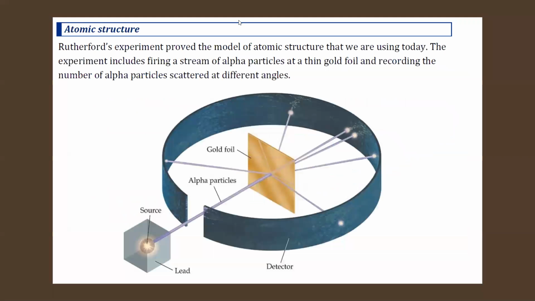So the majority of them being able to pass through shows that the major portion is empty. Few of them deflected, which shows that there is repulsion or attraction, a deviation from the nucleus. There is attraction from the electrons and repulsion from the nucleus, but the repulsion is stronger. That's why they deviate from their path. And a few of them bounce back. Why do they bounce back? It shows that there is a mass or matter. That's the reason these alpha particles bounce back.